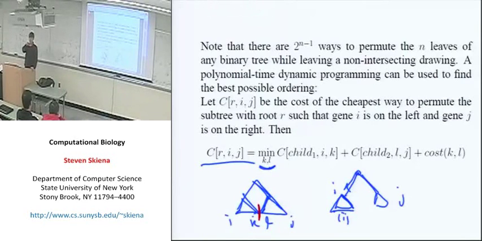Does that kind of make sense? The cost of what goes on in here is irrelevant to us. The total cost is going to depend upon what the outer vertices are. So the cost is going to be the cost of the edge connecting R, K, and L, and the cost of going from I to K on the left, and going